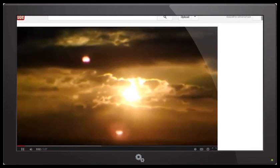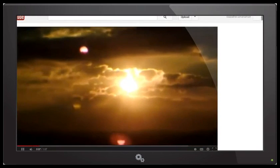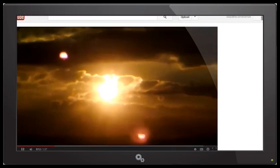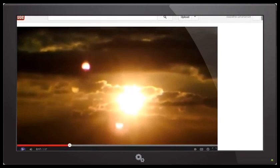I just gotta get it again. Alright, you would think it was a reflection off the cloud or something like that, but it's not. Because the clouds are moving pretty swiftly. And that is staying still. Okay, first of all, I'd like to point out this